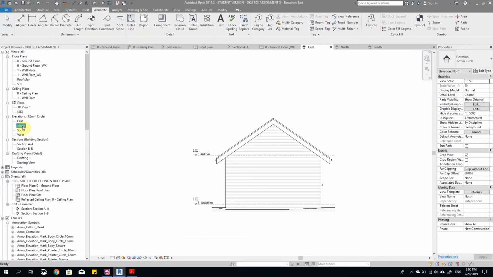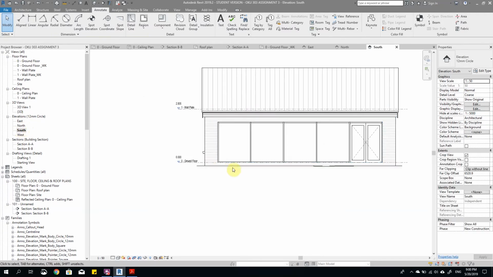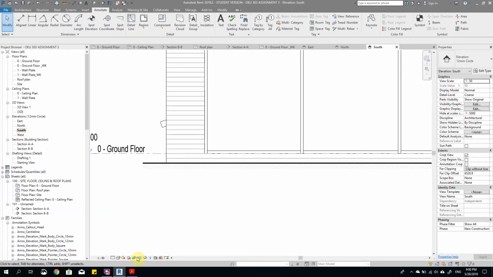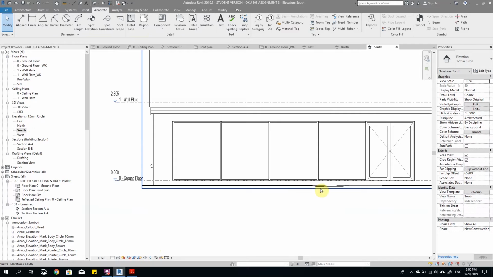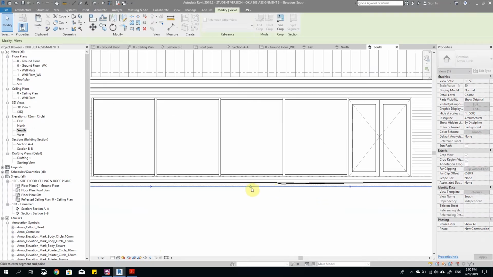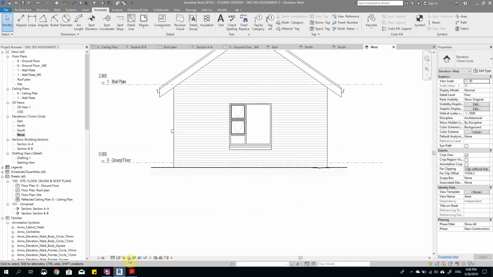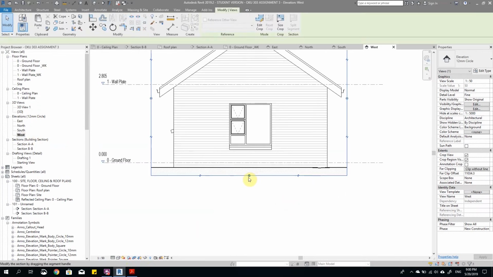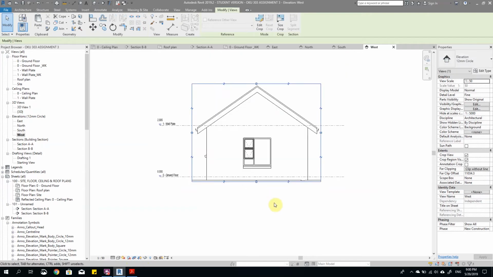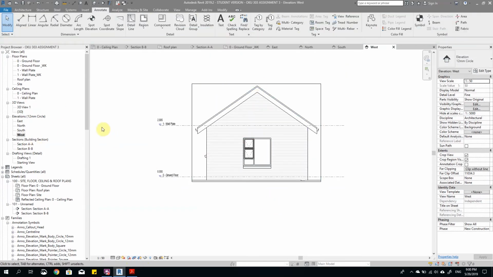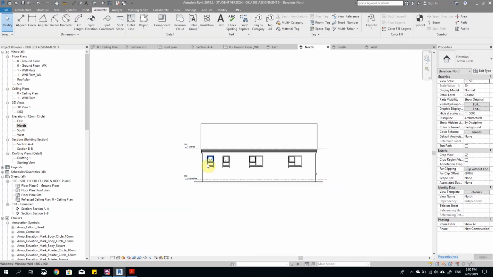Okay, north, south. That one I can also cut back a fraction. Okay, switch that off. And west. Okay, that also needs a bit of work. Okay, we'll fine tune it in a second. That's all great. Okay, so with your elevations, what you need to do is you need to add some symbols